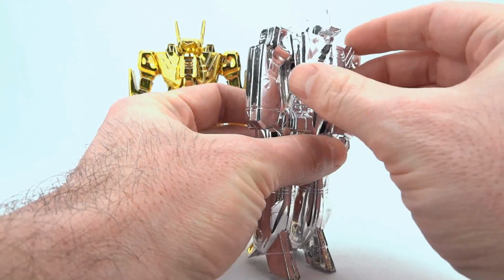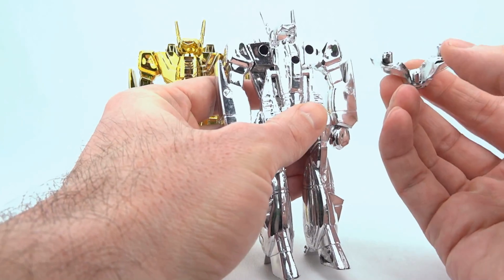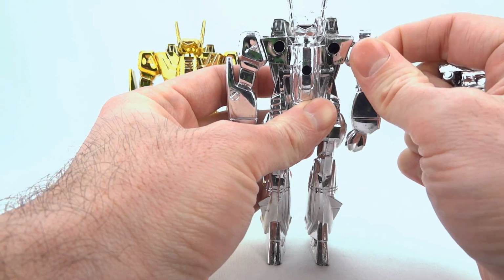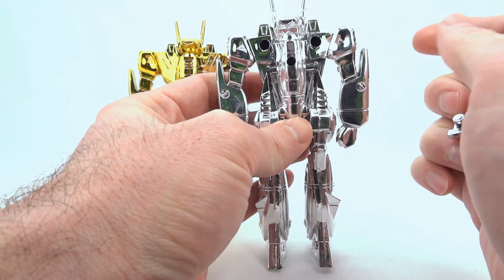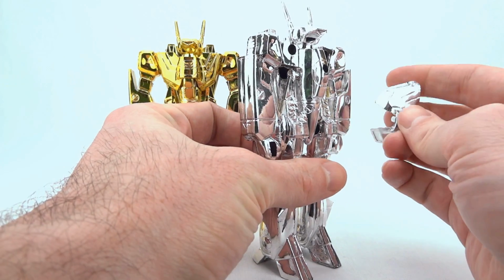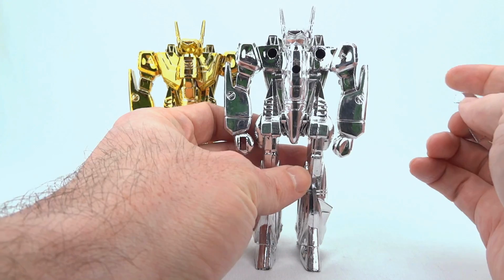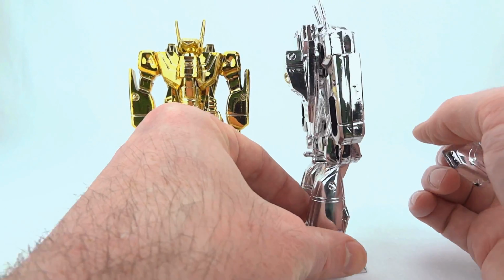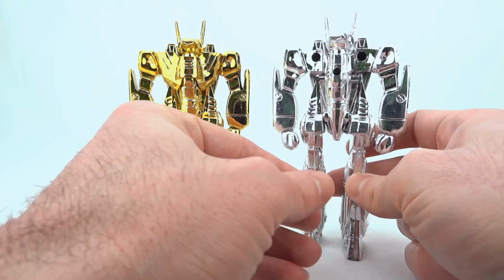Everything else is several pieces that have come together that you're going to have to remove. You can see here are the arms. And since they connect in several different ways, it completely impairs any articulation that you could have hoped for. Alright, since there is nothing really more to discuss, let's go ahead and transform these toys to